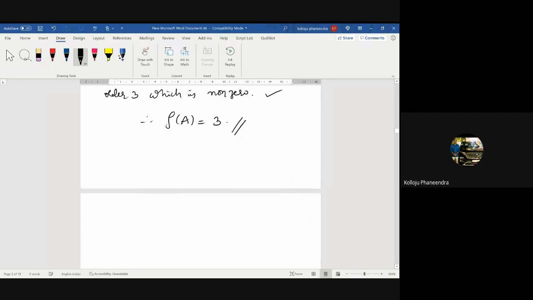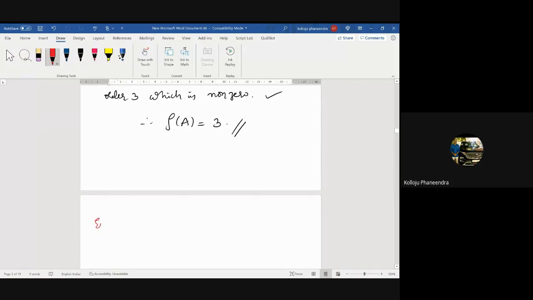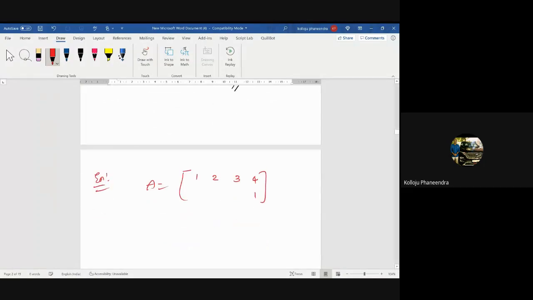One more, a third example. Let me consider a rectangular matrix. A equal to 1, 2, 4, negative 1, some 0. Next row: minus 2, 1, some 0, 4. I am taking examples to get the determinant easily; you can consider any example randomly. What is the order of the matrix now? 3 by 4. It is not a square matrix. Determinant exists only for a square matrix, isn't it? Determinant exists for square matrices.